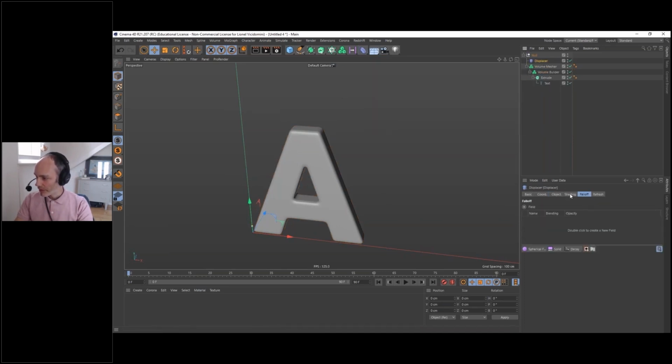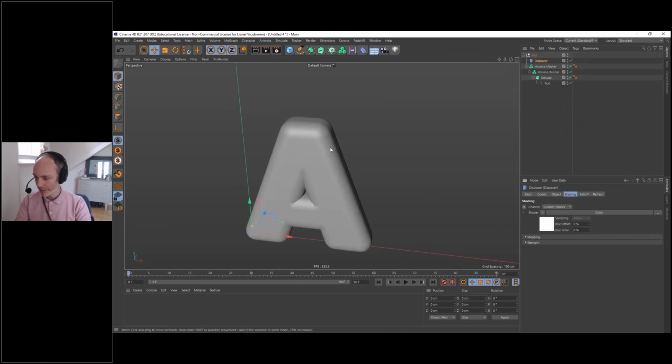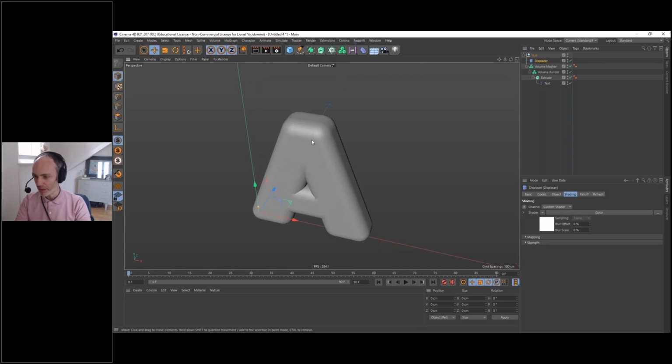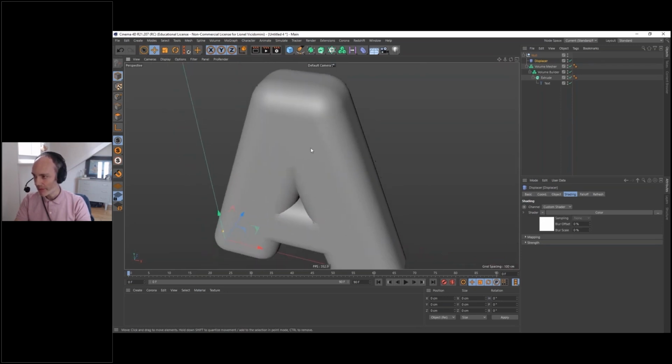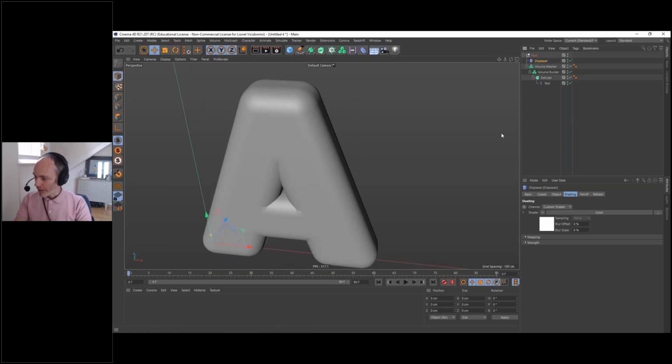And in shading, in shader here, I'm just going to use a plain color. So it's going to push up the polygons along the z-axis. So it kind of makes a balloon effect. So that's not very interesting for now because I didn't restrict the effect where I want.